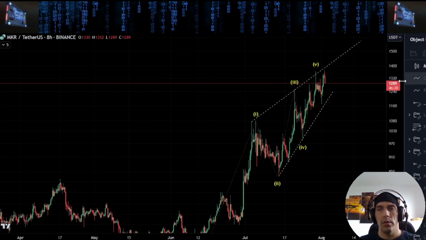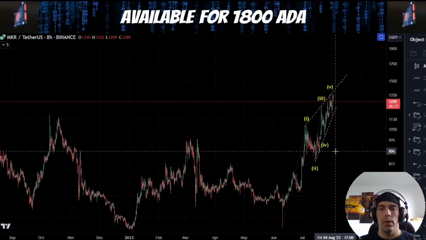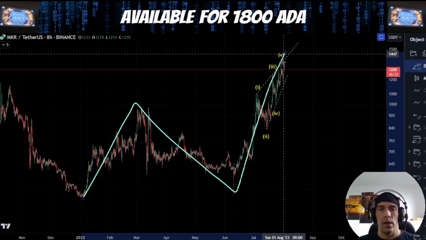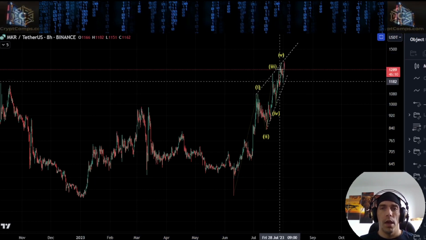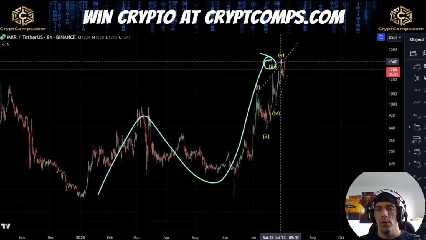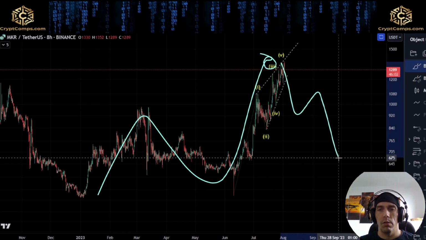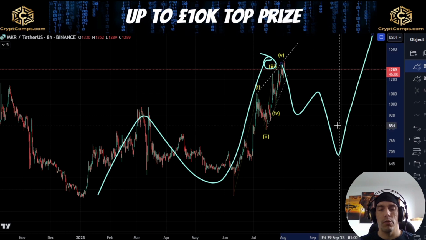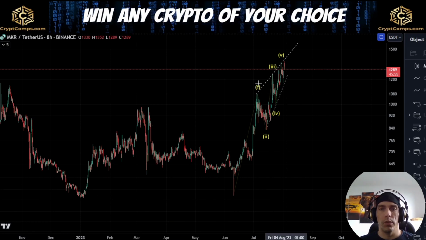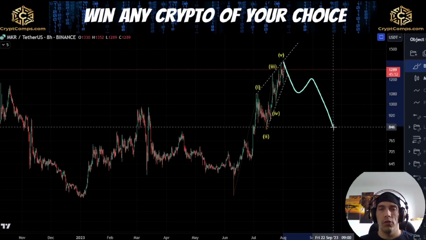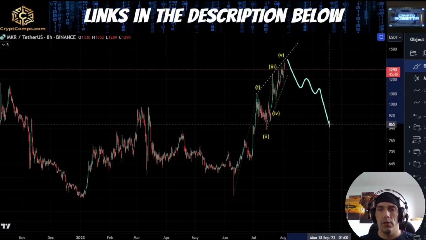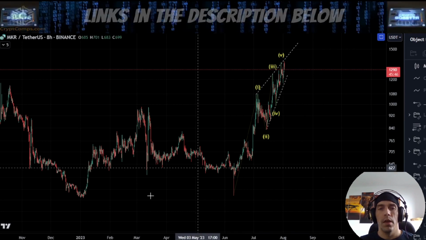Now if we do have a diagonal pattern like this, what we need to be careful of is from further back here, this could just be A, this could be B, and this could be C, in which case this is just a corrective move. If this is the case and we have this as a diagonal into this high, the only way this could remain bullish is if we see 3 waves to the downside, we hold support, and then we see continuation to the upside in another 3rd wave from that point. So it's going to be very important what happens after this move. If we see just 3-wave structure down, we could potentially look for continuation up. If we start to see 5-wave structure to the downside, we need to be cautious that this move could start to break down,